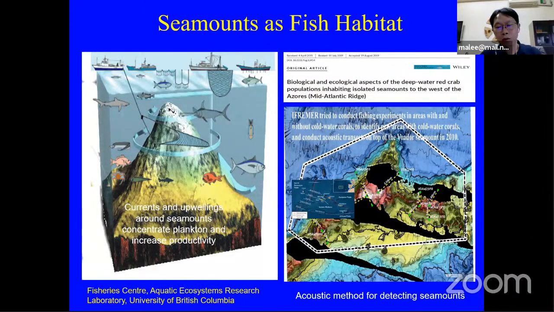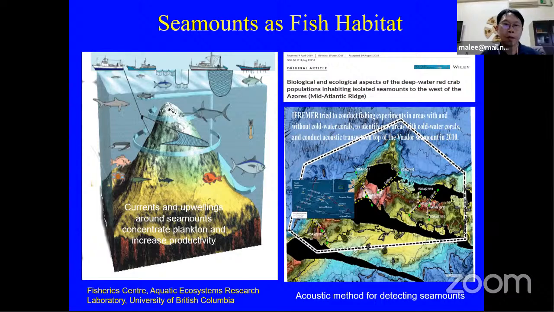So they try to use the acoustic method to detect where the seamount is. Maybe it is a good indicator to find the fishing ground. So we use the acoustic methodology. Maybe it's a good methodology for fisheries